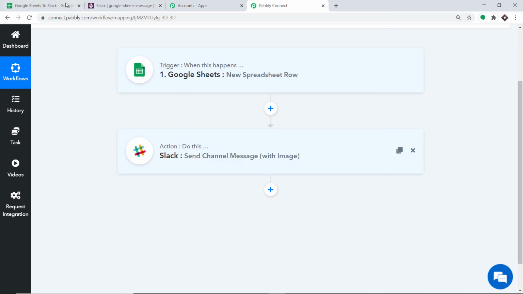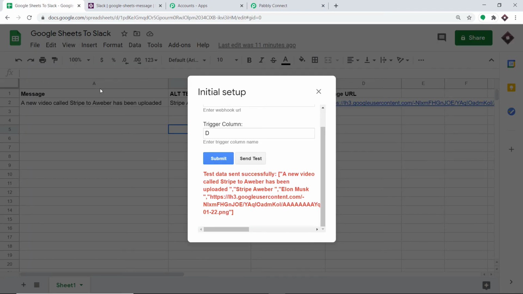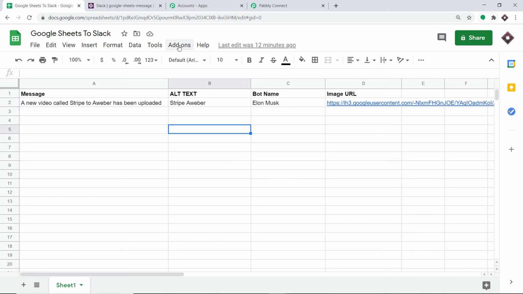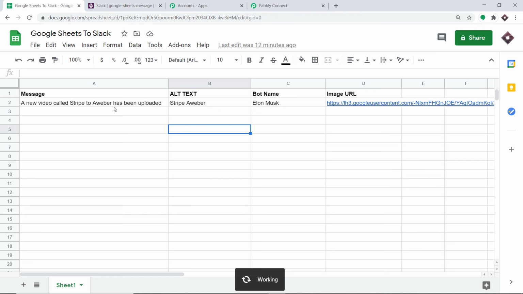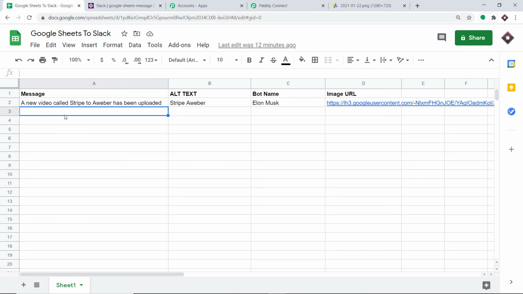So what I'm going to do here is I'm going back to Google Sheet and make some data entry. But before we do that, we have to do two things. First of all, we actually have to submit this. Click on submit. Okay, and just go back to add-ons. Go back to this add-on called Pabbly Connect Webhook and just click on send on event. Okay, so this will ensure that anytime a data entry is made in Google Sheet, it will start sending the data. Okay, so the new message would be a new video called